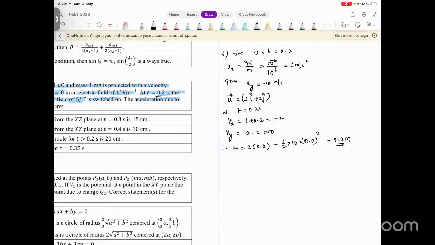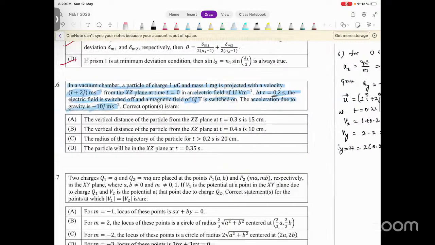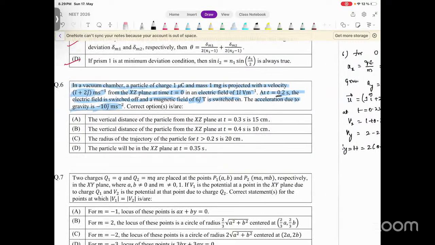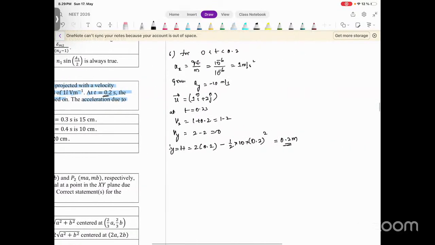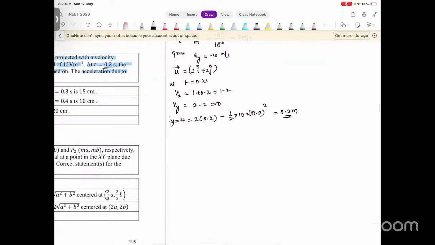In which direction? Y direction you can see. Y is equal to H. Okay, so after this, the magnetic field will be acting, since V bar is parallel, he's telling in the problem. The electric field is switched off and the magnetic field of 6 J cap is switched on. The acceleration due to gravity will be equal to how much? Now see, after 0.2 meters, the magnetic field will start. Since the magnetic field is parallel to J cap,